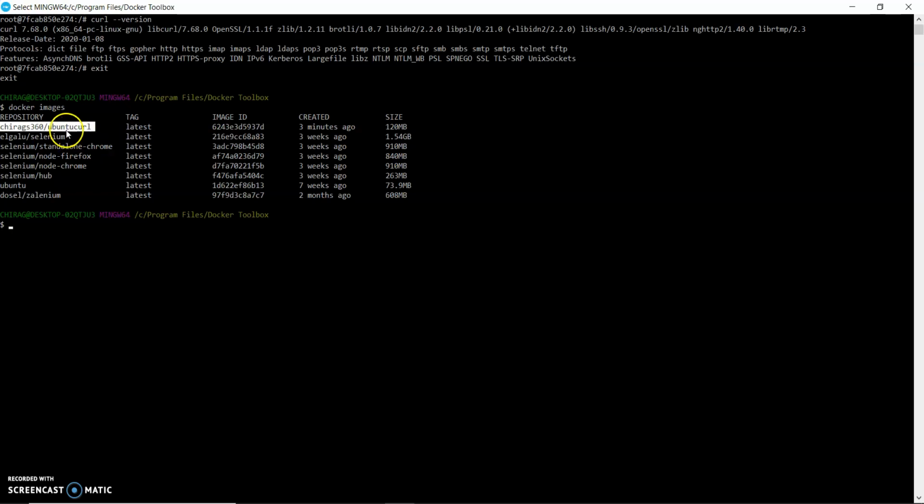If we need to push, then we can push this image to our Docker Hub repository using docker push and the image ID, and we easily push our image into the Docker Hub repository. If another person wants to use that image, they can use docker pull and the image ID, right? In this way they can use our image, and we can easily run that image in a container, using the customized image with whatever we needed to modify.